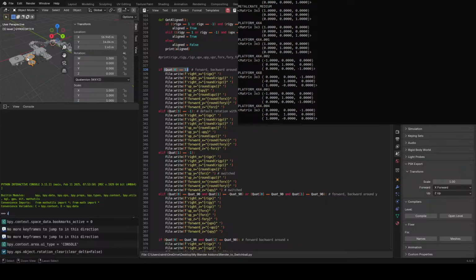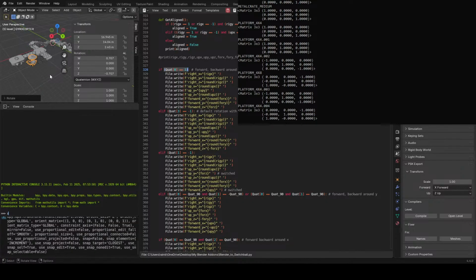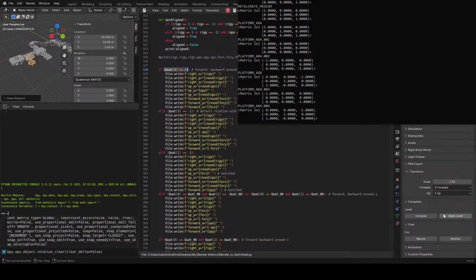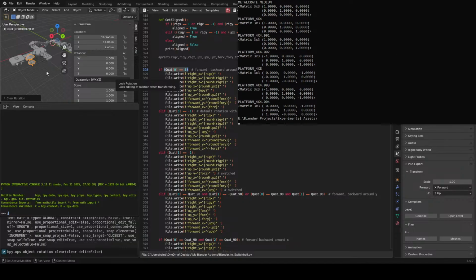But given the object, I will need to re-rotate it. So it's 90 degrees. That was a 90, well, negative 90 actually. It's negative 90 degrees. That means it's perfectly aligned. And if I open the level here, just reopen the level, you'll still see that it will perfectly